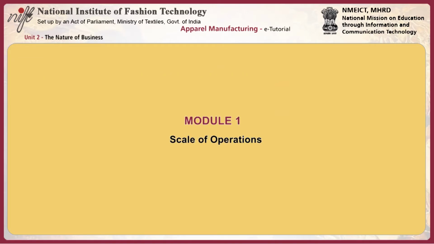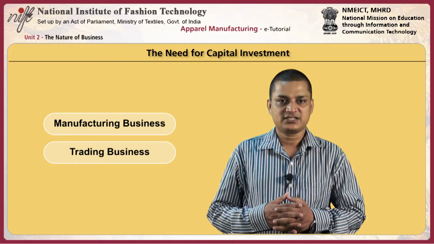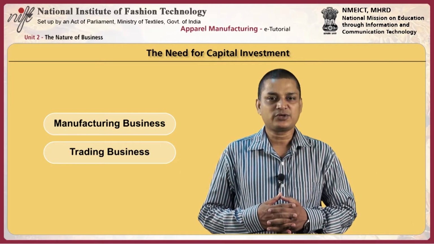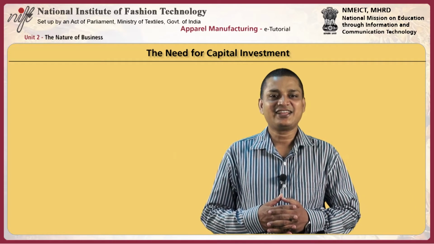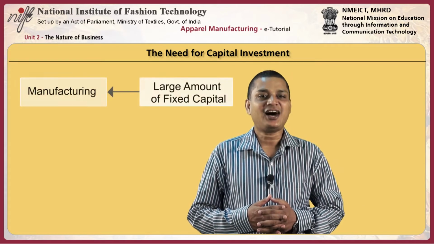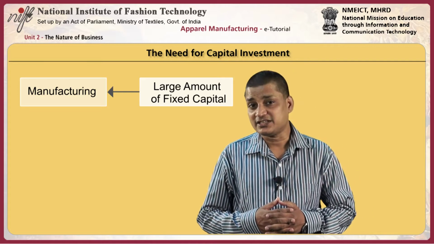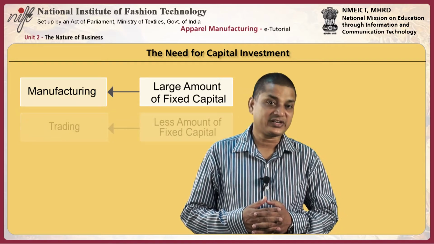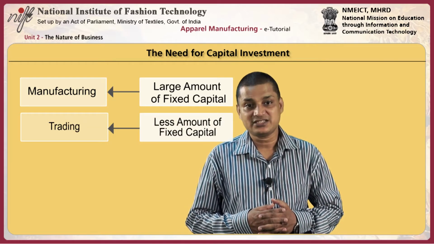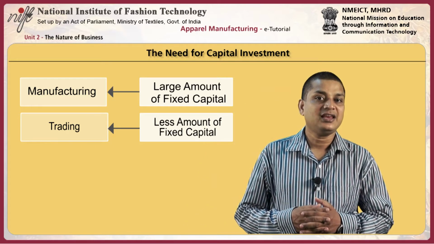First module gives an overview of different sizes of apparel business setups. The need of fixed capital depends upon the nature of business. Usually the nature of business is of two kinds: manufacturing business and trading business. In the case of manufacturing business, large investments are made in land, building or machinery. Thus there is a need of a large amount of fixed capital. On the contrary, in the case of trading businesses in which finished goods are bought and sold, less amount of